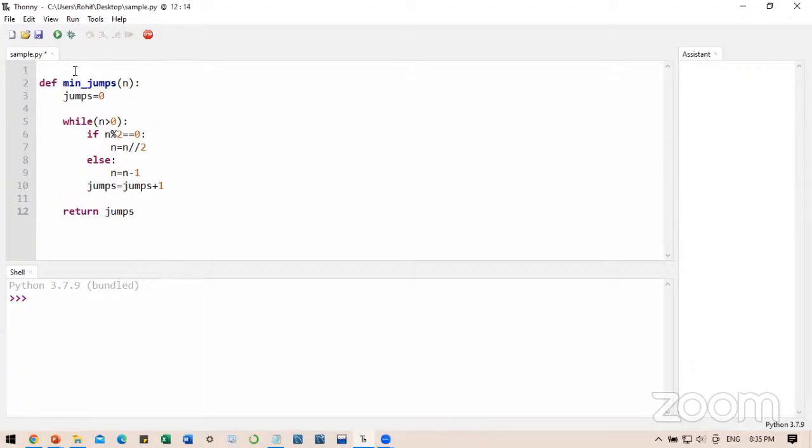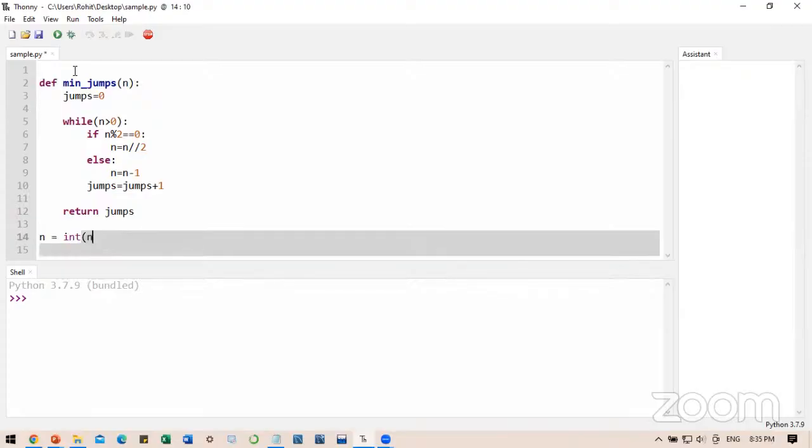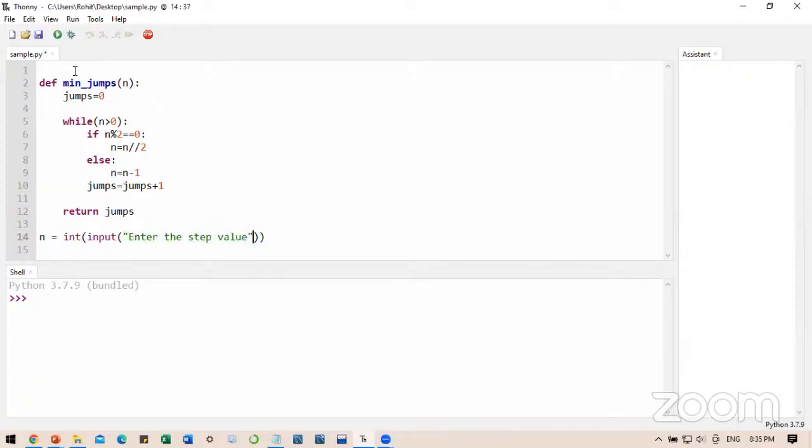Okay. So my function is ready. Now we have to go with the driver code. According to the standard input, we have to accept input from the user, which will be of integer type. So we will write n equals integer input. Now, what I was saying earlier, you can give a message here like enter the step value. But as per the input specification, it is not mentioned. So if you go with this approach by putting some extra messages which are not mentioned in the specification, it will generate an error on the platform. So don't give anything extra apart from the provided instructions. Strictly follow the specification part.